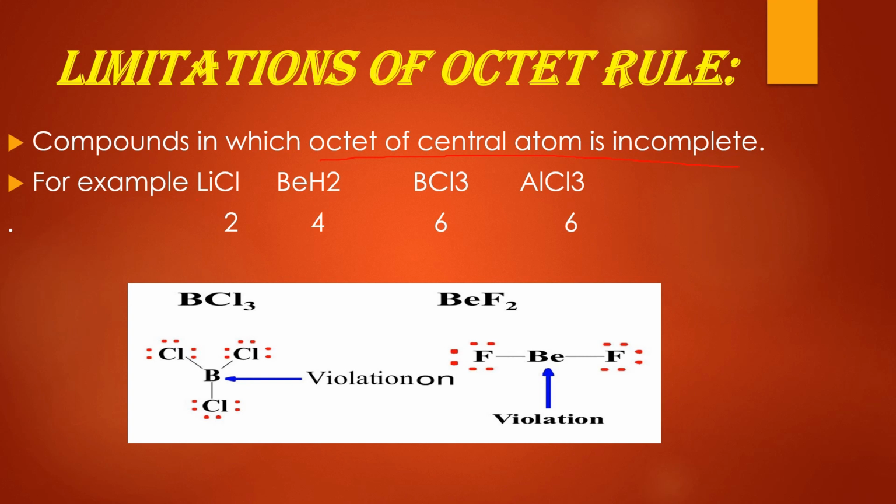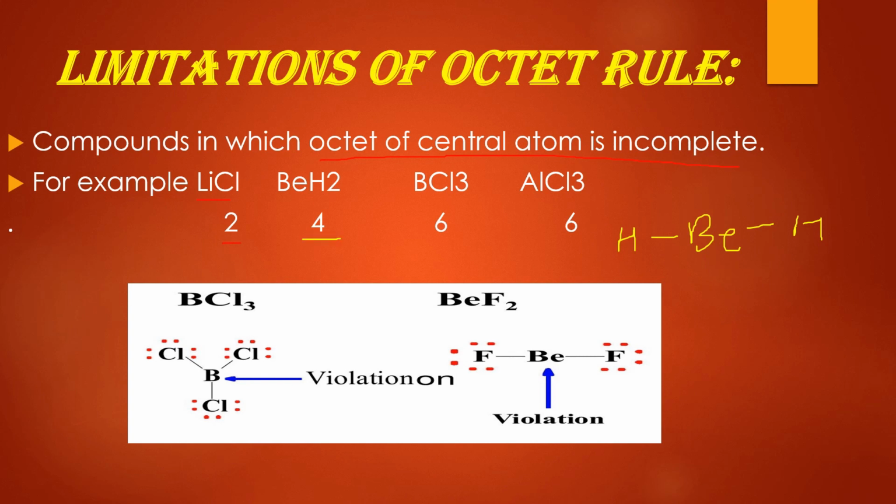Now the example is LiCl. First example, in LiCl there is only 2 electrons with lithium, so incomplete octet. Then BeH2, you see BeH2 like BeF2. If I put hydrogen here, what will be the structure of BeH2? Let us see the structure. This is beryllium atom, right? 2 electrons are there, 1s2 2s2. So 2s2 valence shell electrons are 2, so it will form one bond each with hydrogen, like in this. And how many electrons are there total around beryllium? 2 and 2 is 4, so total 4 electrons.